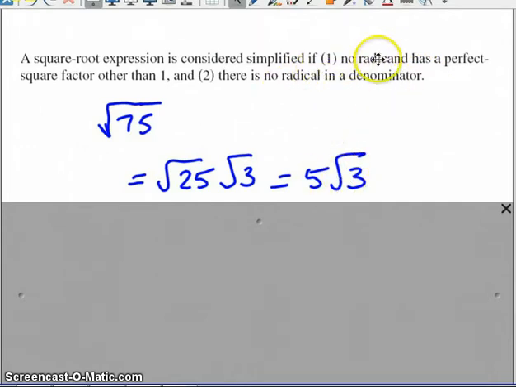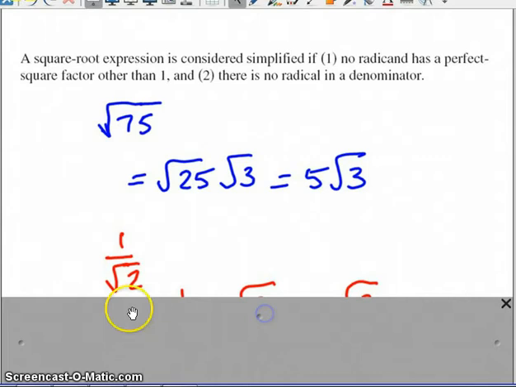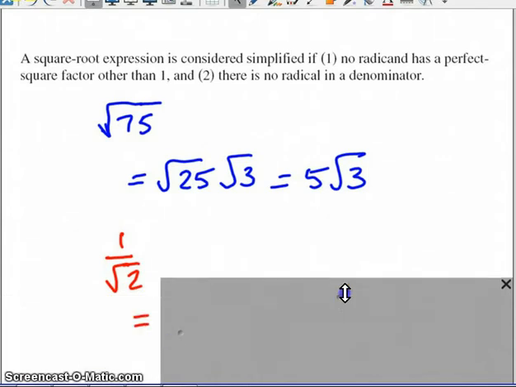And rule 1 is also satisfied because the only radicand, which is this number here, square root of 3, does not have any perfect squares inside it. So this is finished. Let's look at a second example, 1 over the square root of 2. Let me cover this up a little bit better. 1 over the square root of 2